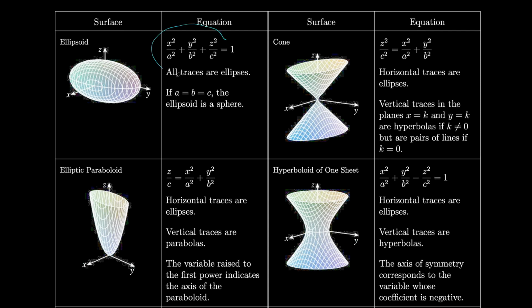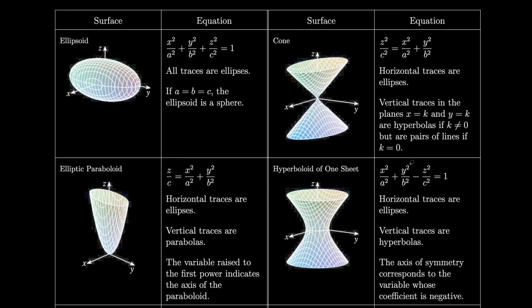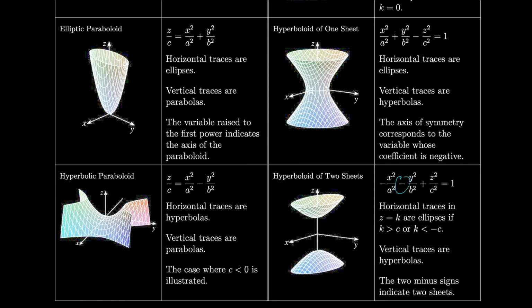If you have everything positive equaling 1, everything squared, then you just have an ellipsoid, very similar to your ellipse in 2 dimensions. Whereas when you start throwing in a minus sign or a second minus sign, then you end up with a hyperboloid. Just like in 2 dimensions, if you change the plus to a minus, you would get a